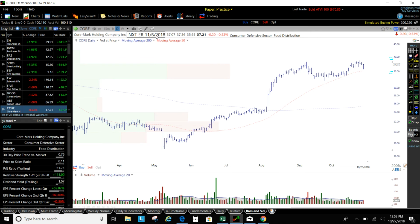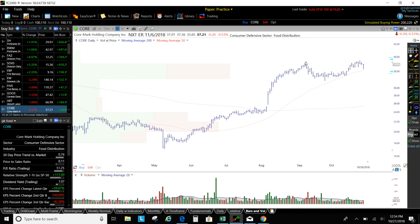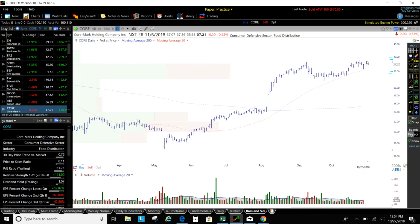And then this is one, earnings are 11.6, so be careful of that. But this chart has held up really well. This is CORE. You can see almost a cup and handle kind of look, but regardless of what you want to call it, it has this area here around $38 that was resistance, had the slight dip there, couldn't quite crack above it. So if it can crack that, we'll call it a little over 38,